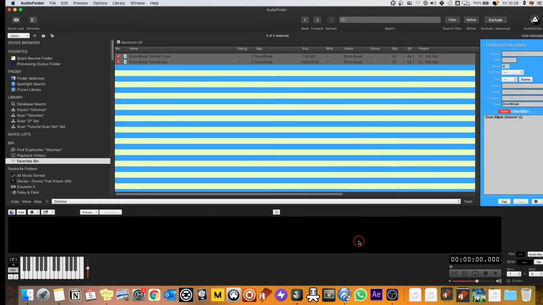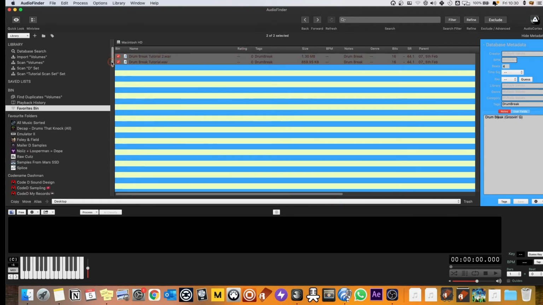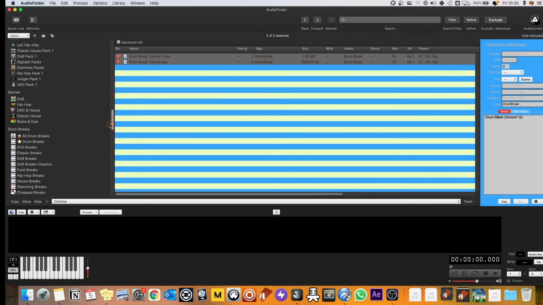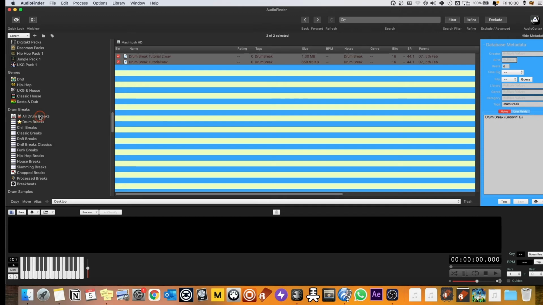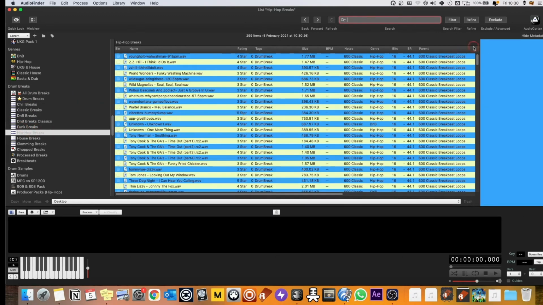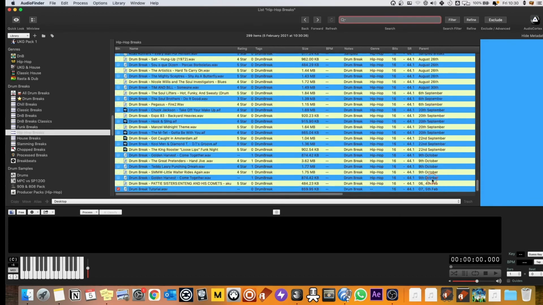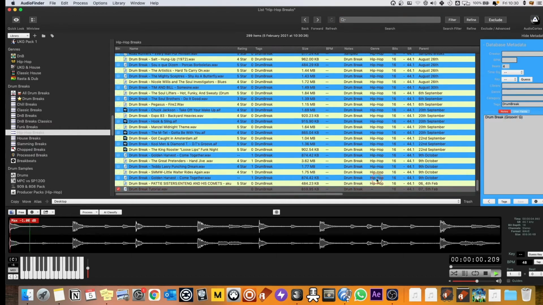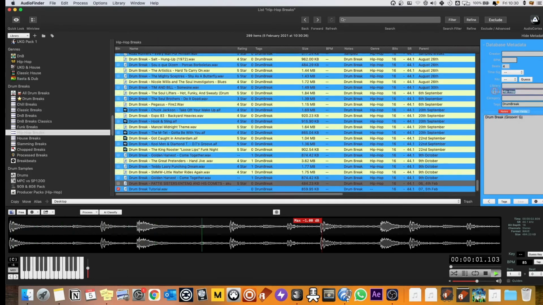So I've got the files from my Finder into Audio Finder, and I've tagged them. And now I want to drag them into my sidebar list. Now I have this sidebar list where I keep all my drum breaks. So first I'm dragging into all drum breaks, and then I'll listen to them. And this one I think might be quite cool for a hip hop song. So I drag this into my hip hop drum break selection, which I've got loads in now, and then it's in here, and then I will add this final tag in genre